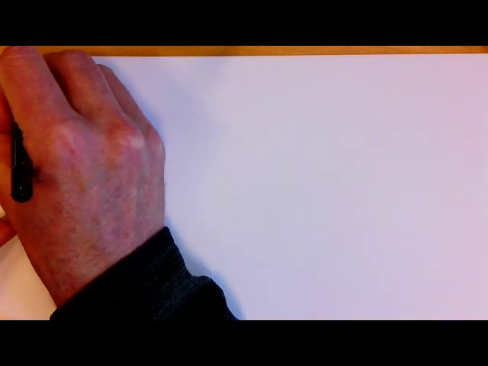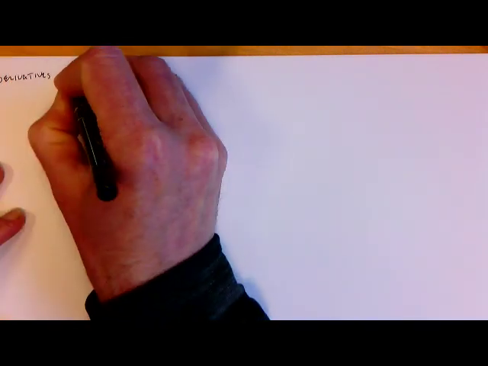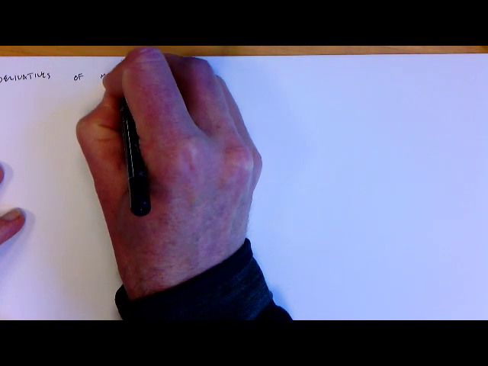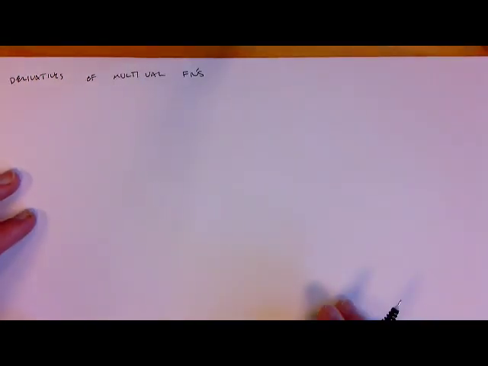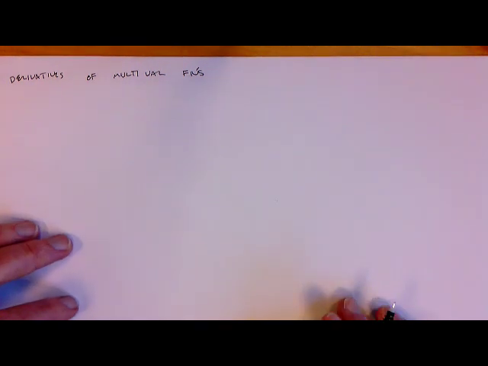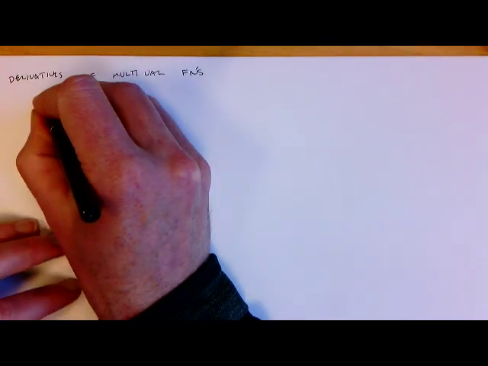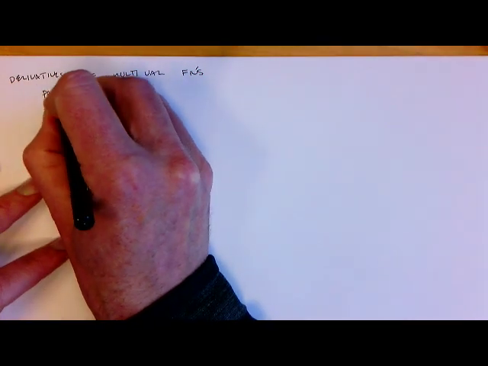So this is the first video we're going to do in thinking about how we deal with derivatives of functions in more than one variable. In particular, what I want to do in this video is go through a little bit of both how you calculate and how you interpret partial derivatives. So we're dealing with this idea of partial derivatives,